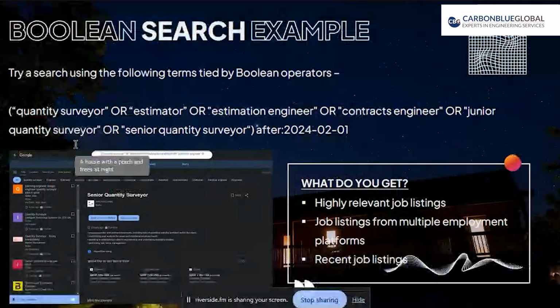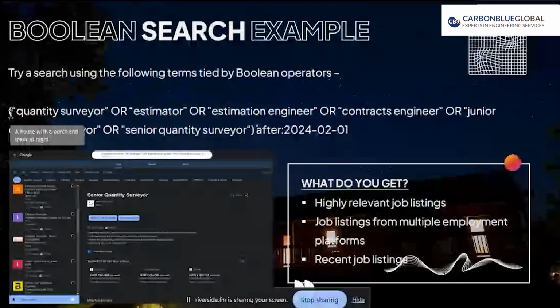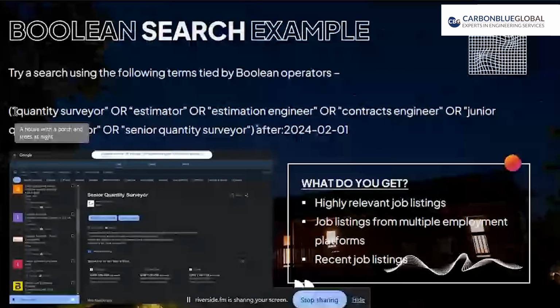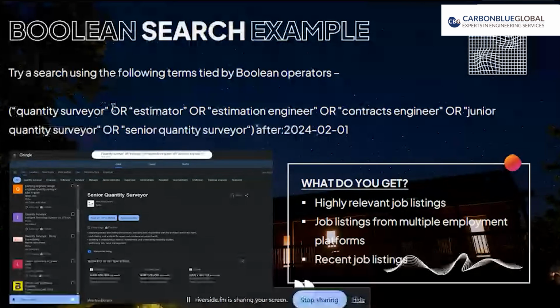So in this example that I've shown you, now we can dissect this and see how I've made this search essentially. So in the bracket, I'm an individual who can work as a quantity surveyor or an estimator or as an estimation engineer, but I want this term to be exactly how it is. I want quantity surveyor roles, proper quantity surveyor roles. So I've included that in double quotes, and I've included an or operator, which means I'm fine to work as an estimator or as an estimation engineer or as a contracts engineer or as any of these roles, as I mentioned. So what I've done is I've included all these roles, I've separated them with or operators, and then I have grouped them,